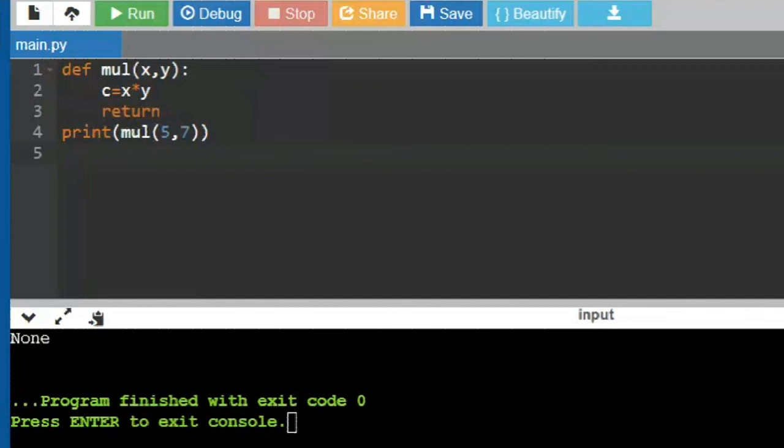So it will just add a return over here. Since this return is not giving anything back, this is like void only. You have void in C programming, right? If you are putting void in front of the function, what does it mean? It means the function is not returning anything, right?